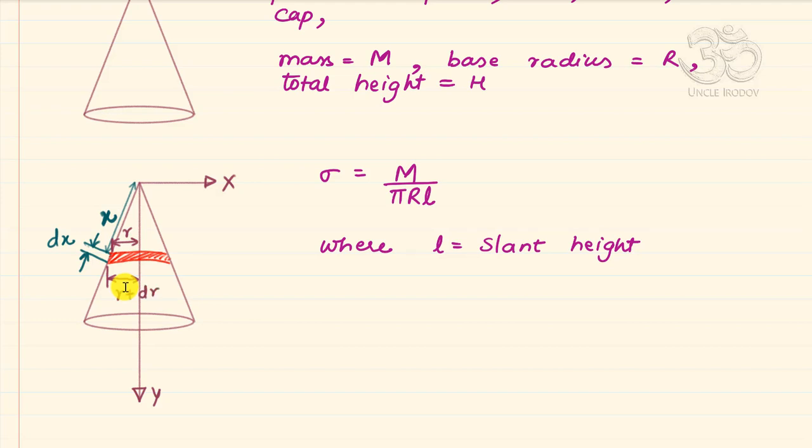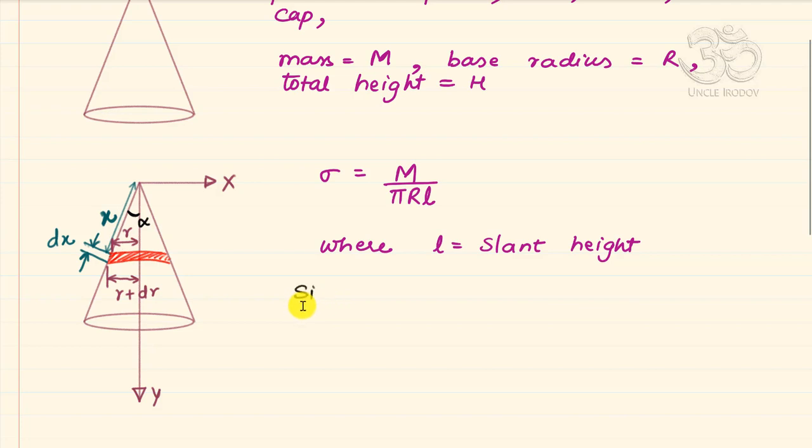Now the moment I work in terms of x and small r, I'm going to work in terms of two variables. We want to avoid that. So let's take something that is fixed and introduce one variable in place of these two variables. So what I do is I assume the semi-vertical angle here to be some alpha or something. So the semi-vertical angle here is alpha. So I can represent x and r in terms of each other. I can say maybe sine alpha.